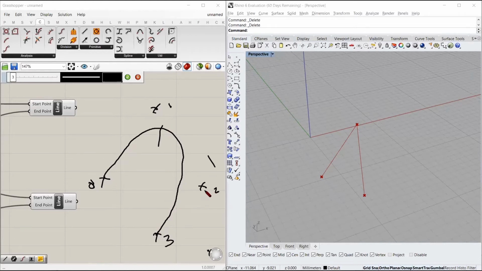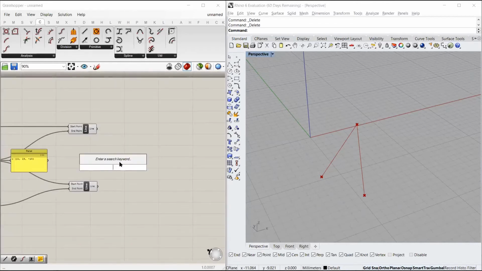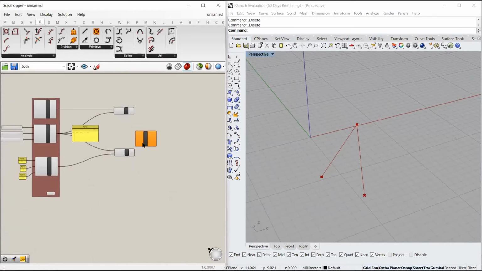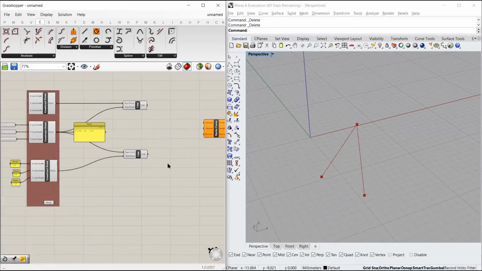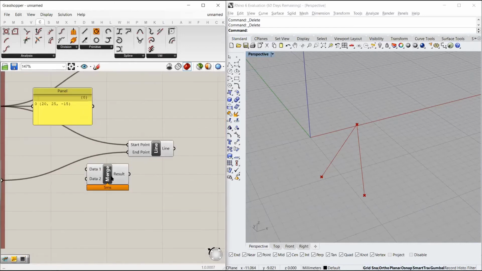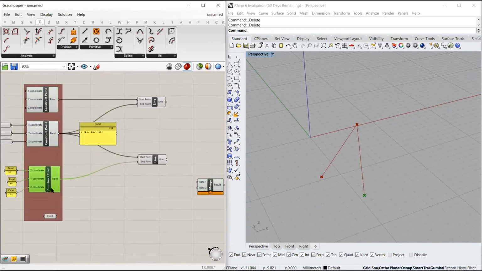But these points are used to actually control the curvature of this line. So if I try to demonstrate it, there's a component called NURBS curve. So we select this component. Okay, so before moving to NURBS curve, there's another option of merging data. What this component does is it merges multiple data.